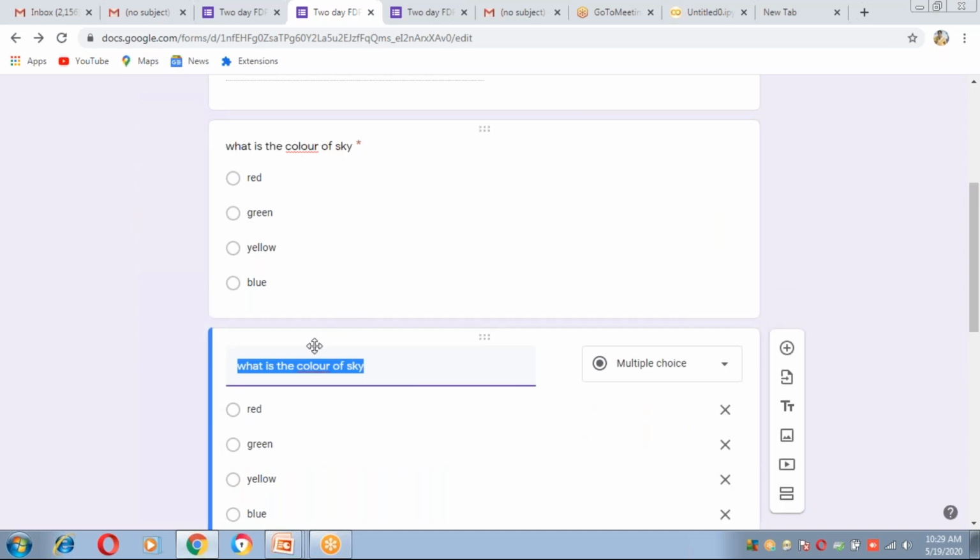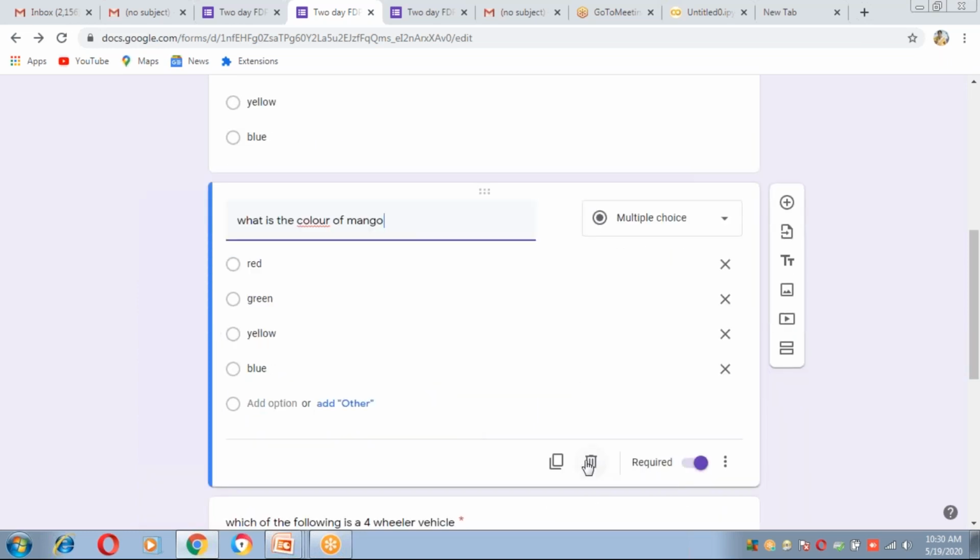So the first is the color of sky and the second question is also the color of sky. Likewise we can just edit and make some changes. So this is required, this is the delete option, this is the duplicate option, and this is the plus, to add some more questions.